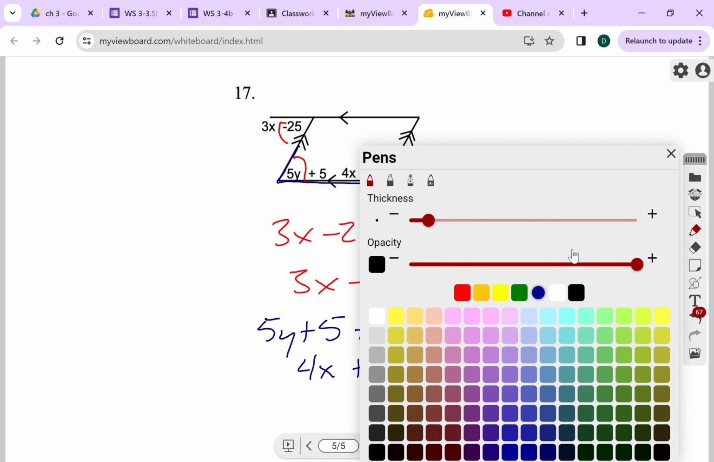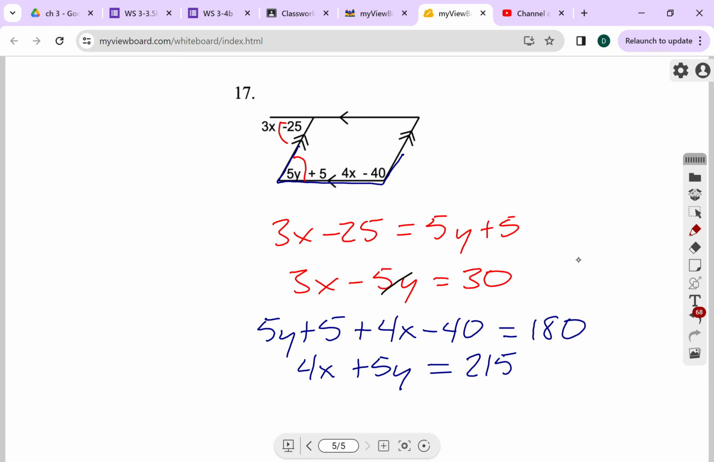Sorry, changing my pen color. When I add those two things together, I'm going to know that 7x equals, add the 30 and the 215, 245. Now I can solve for x, then I can plug in for x to solve for y in either of those equations. So that should get you set up and far enough